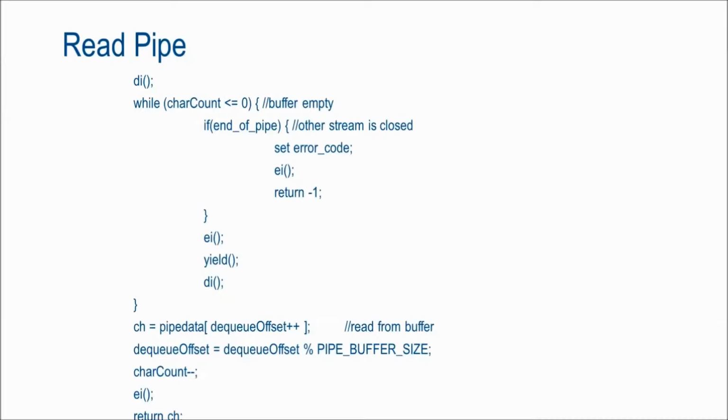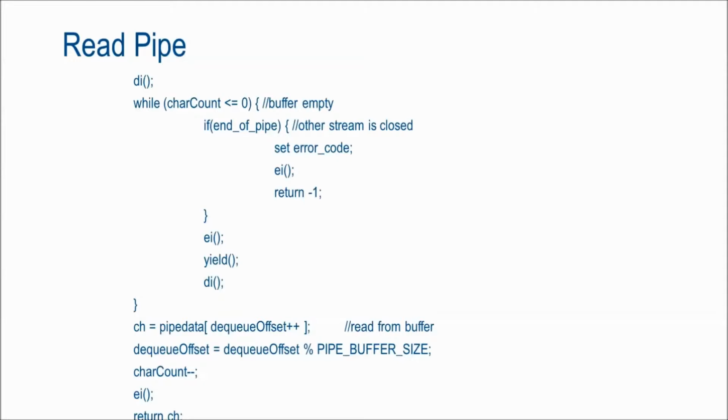Now read pipe. When I read pipe, I disable interrupts because the pipe array is accessed by multiple, in this case, two processes. If the pipe buffer is empty, I just keep looping until there is something in the buffer to read from. So every time I loop, I just kill the process. If in the meantime the end of pipe flag has been set, which means the other stream has been closed, I just set an error code, enable interrupt, and return. And if there is something to read, I just read it from the pipe array and then update DQ offset